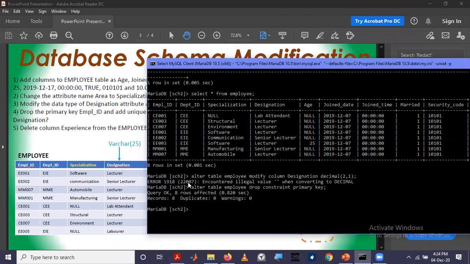And if we attempt to modify this column to a different data type, it will not allow because the already existing data, the domain constraint will be violated. So the SQL makes sure that none of the specified constraints are violated in either addition, delete, update, or any SQL operation.